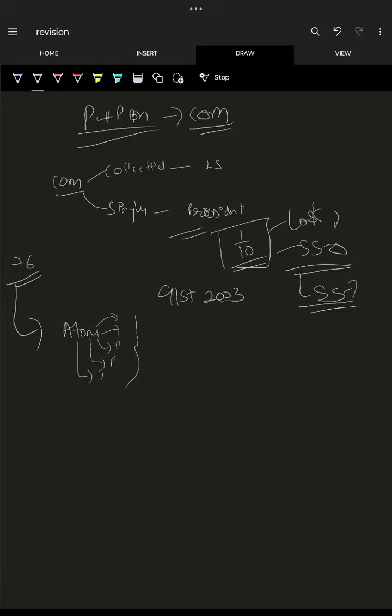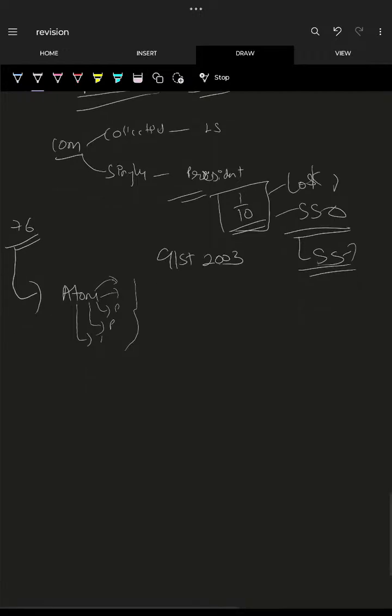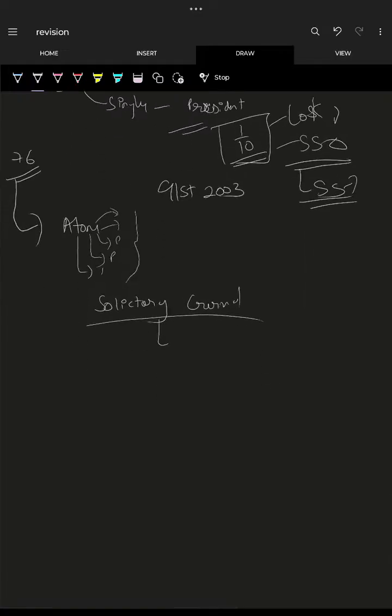Yeah. And then there is your Attorney General. Then there is your Solicitor General. This is a PYQ. The Solicitor General is the subordinate of your Attorney General, and he is like the second highest law officer of the country, providing assistance to the Attorney General. Then there is your Advocate General. He is the highest law officer of a particular state, and he is appointed by your Governor.